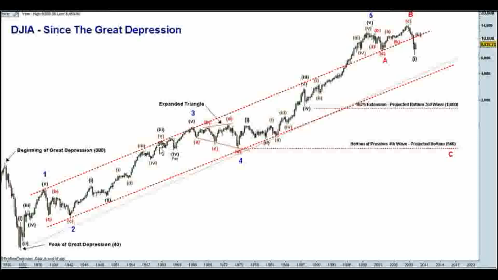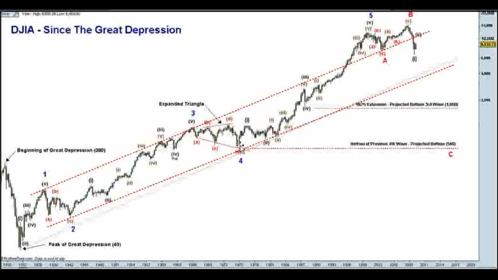I then see a flat here, down, up, down, with a termination lower than the previous termination here. I call that wave 4, and then this wave 5. That completes wave 3. I then see a triangle, which completes wave 4. And then this was the move in the 1980s that seemed to last forever, all the way into 2000, before